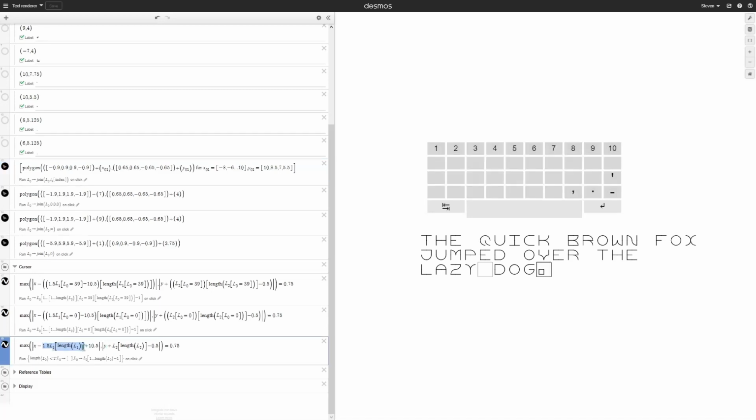This part grabs the X position of the last character placed, and this does the same, but for the Y position. The first and second equations are basically identical, except for these variables, which I'll explain soon. This part right here grabs the X position of the last placed character that was equal to 0, or space.